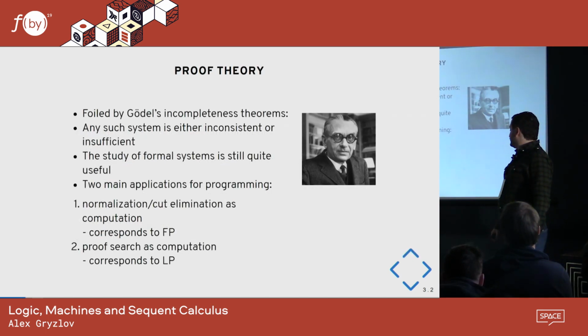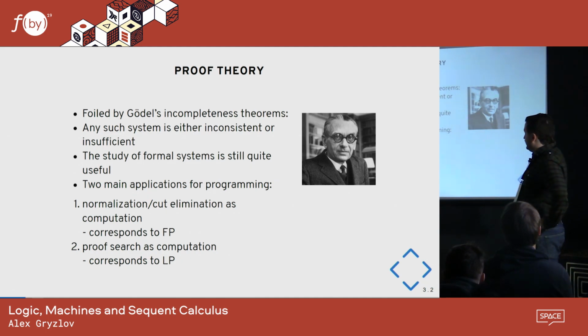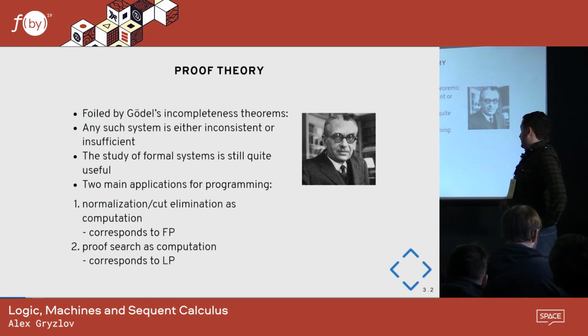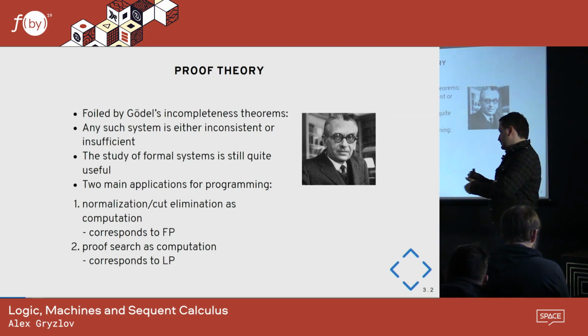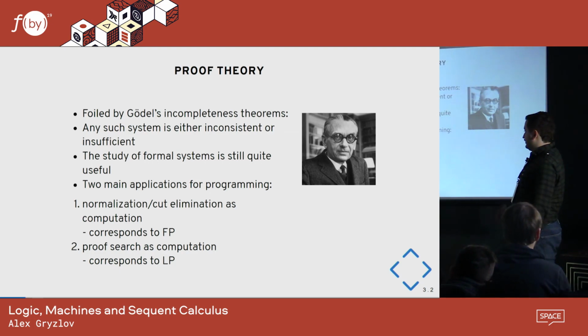Unfortunately, this was not to be, and there was this guy, Kurt Gödel, who actually worked on Hilbert's program, and in the process he discovered his famous incompleteness theorems, which, to put it simply, say that any such small finite system would be either insufficient for the task or inconsistent itself. But still, proof theory thrived on. It turned to studying these small formal systems in general, figuring out which properties they have and how they translate to the process of proving. And it's quite a fruitful field. It has lots of subfields.